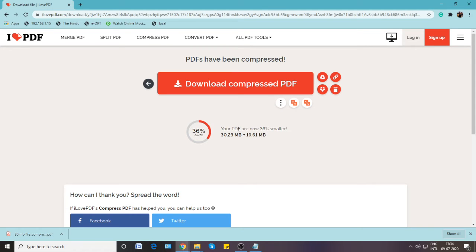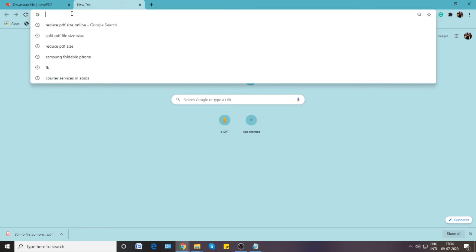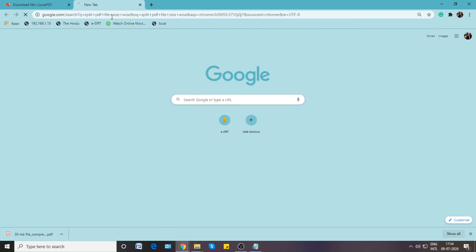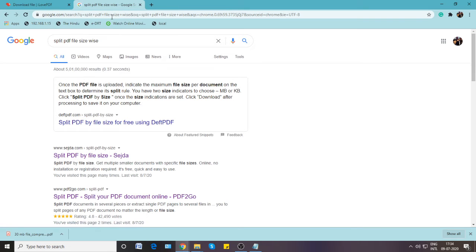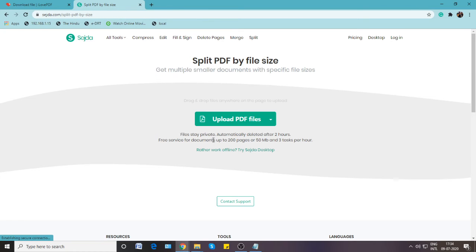For that, now we have downloaded the reduced compressed PDF file. Again we will open a window and type split PDF file size wise. Then we will click on split PDF by file size, then upload PDF files.